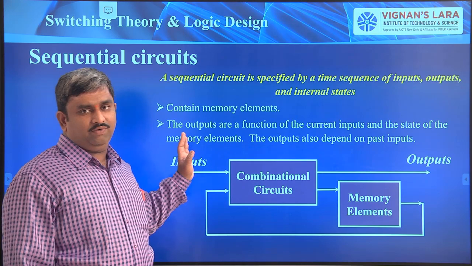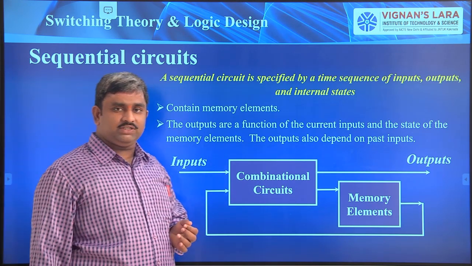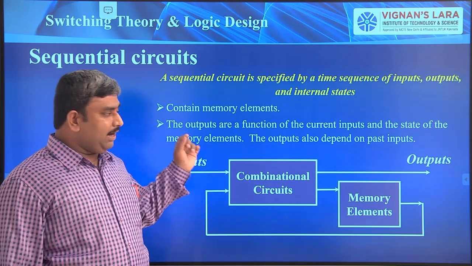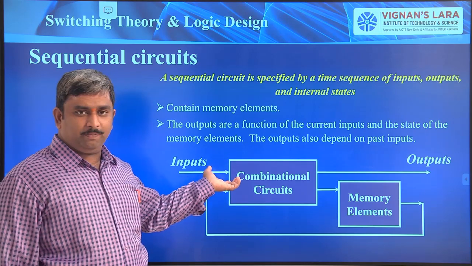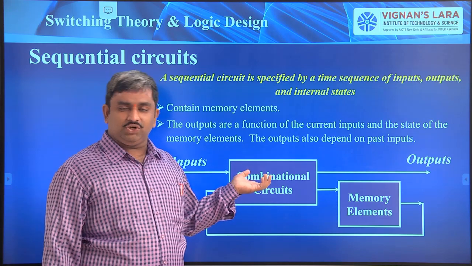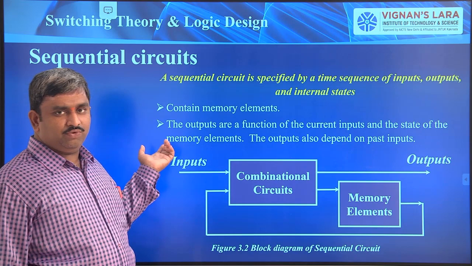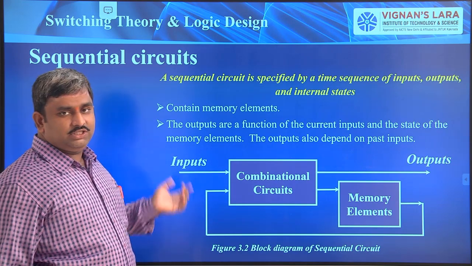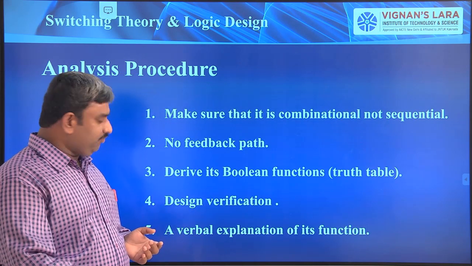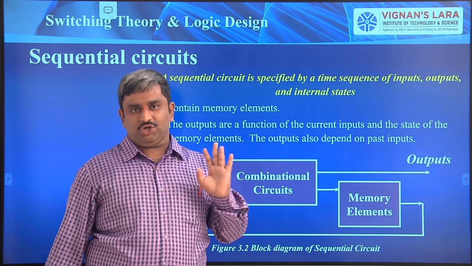This topic we will discuss in the fourth unit. The fourth and fifth units of the STLD subject are completely meant for sequential circuits. This present second unit, and the third unit, we are discussing combinational circuits; in the third unit we discuss combinationals, and some combinational circuits we will discuss here also. Okay, right. This is about the sequential circuit definition. Now we have seen two types of definitions. The first one, combinational circuit: the output depends upon the present state of the input.